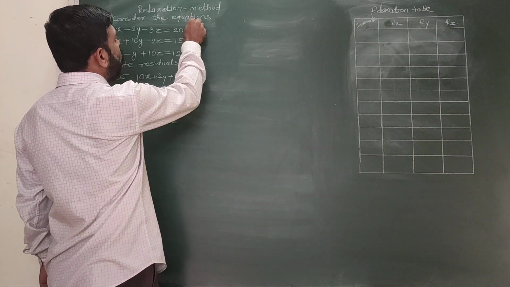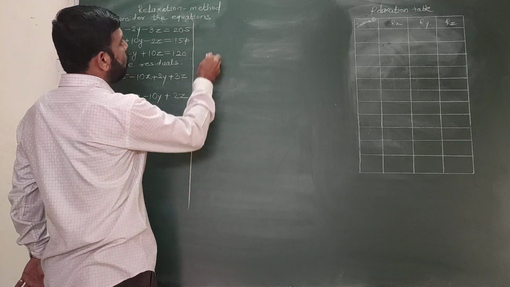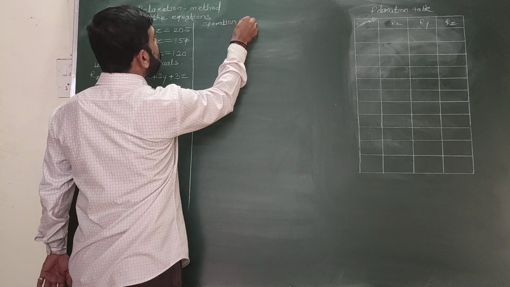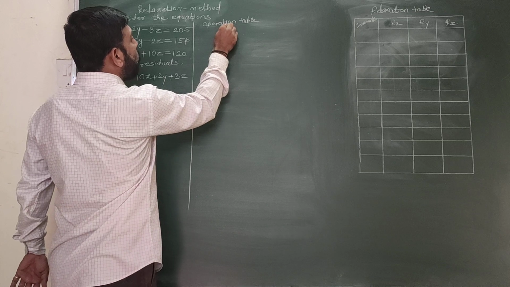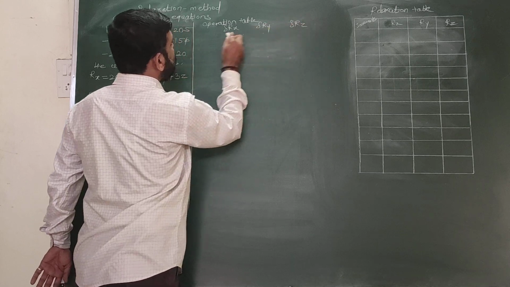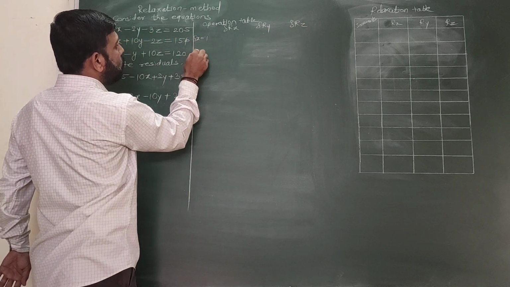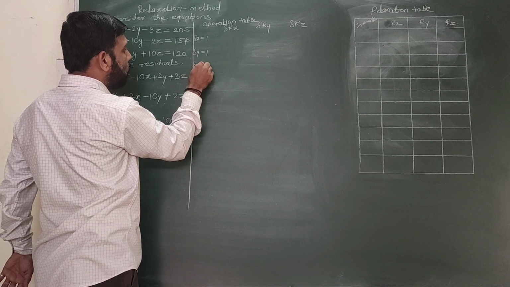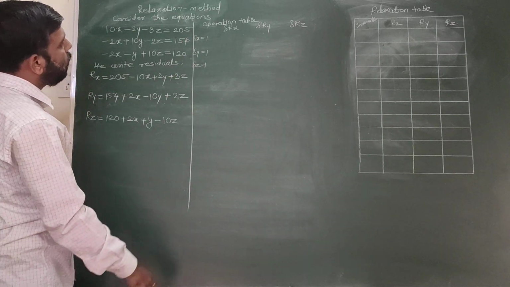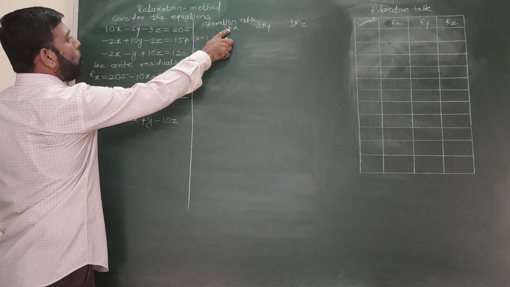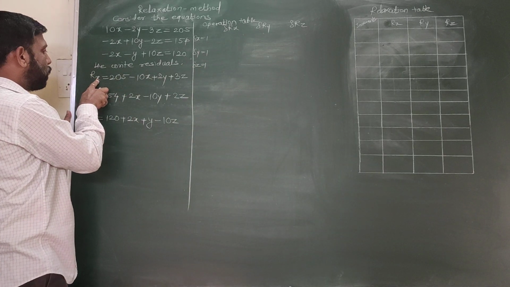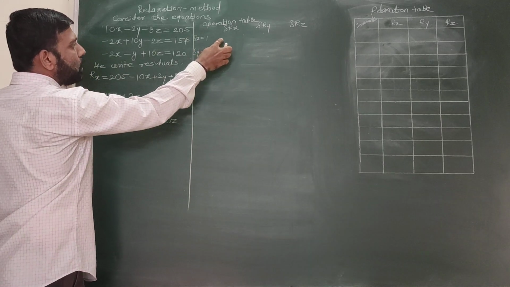Next we require the operation table. That will have delta r of x, delta r of y, delta r of z, and delta x is equal to 1. These are the small increments. Initially we are writing x, y and z. Delta is the small increment in the x variable. R of x, so this column we have to write. So for r of x, the coefficients of residuals of x, in that column we are writing for x, y and z